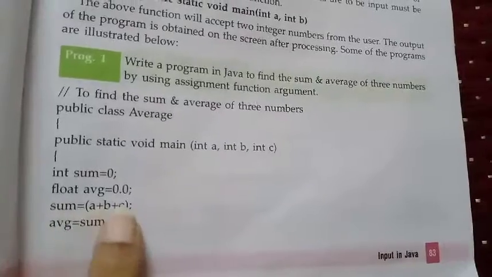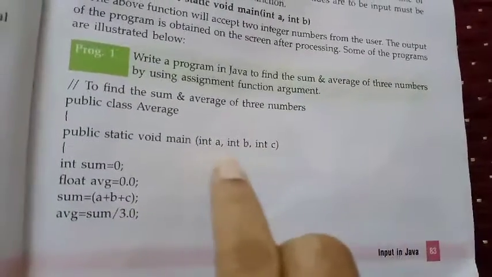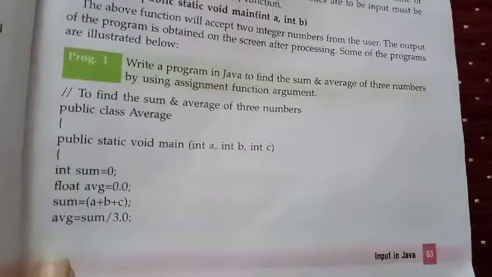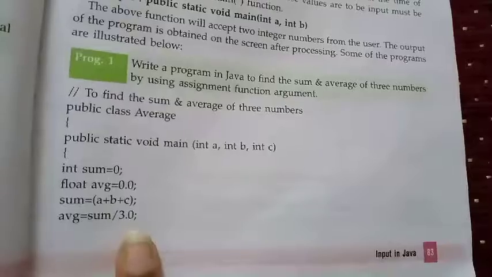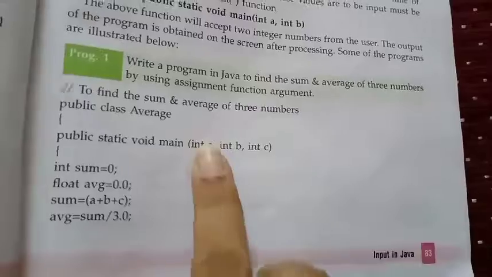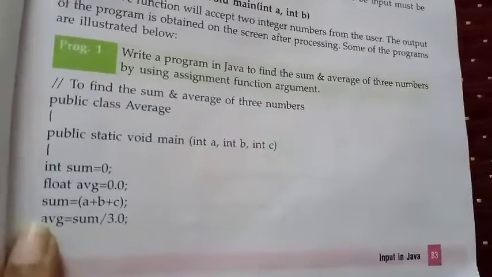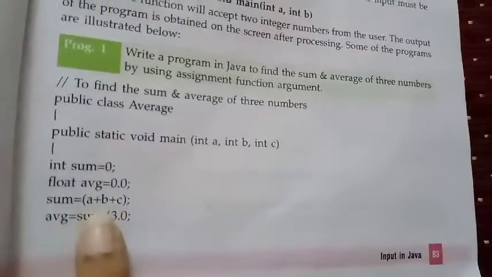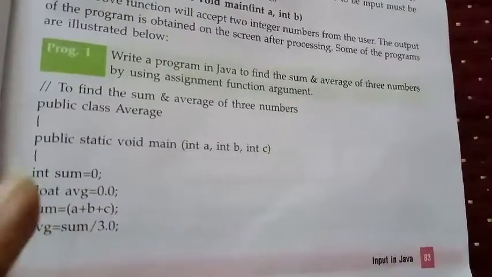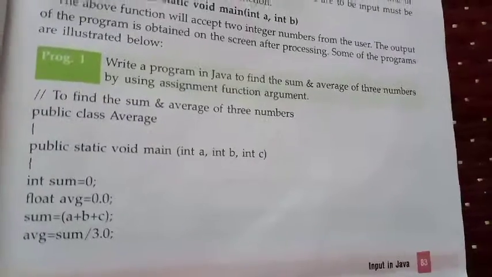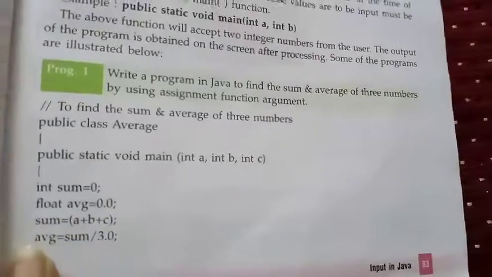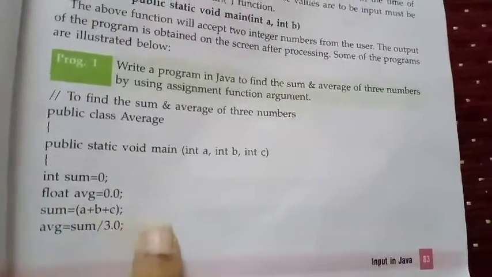Then sum is equal to a plus b plus c. The 3 numbers we have taken as input are a plus b plus c. See, here also they have not declared any variables like int a, comma b. If you give them here itself, the input will be automatically transferred to these variables, and you can use these variables directly inside your main function. Only in your main function. Suppose you have some other function outside your main function, it is not possible for you to use them. Only in your main function can you use them directly. So sum is equal to a plus b plus c.